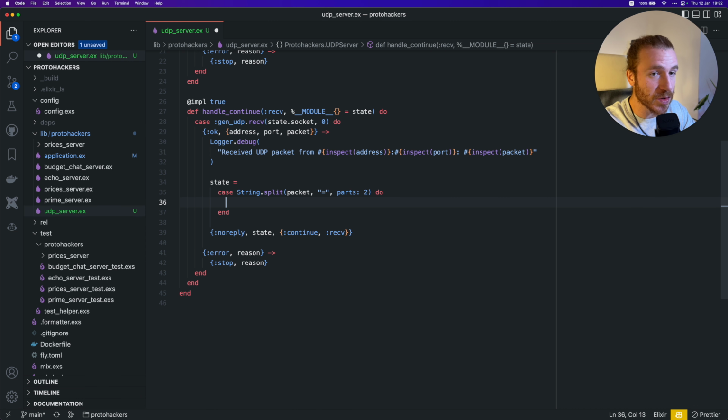So if this returns two strings, it means that there was an equal sign and the string got actually split. So this would be key value, and this is an insert operation.